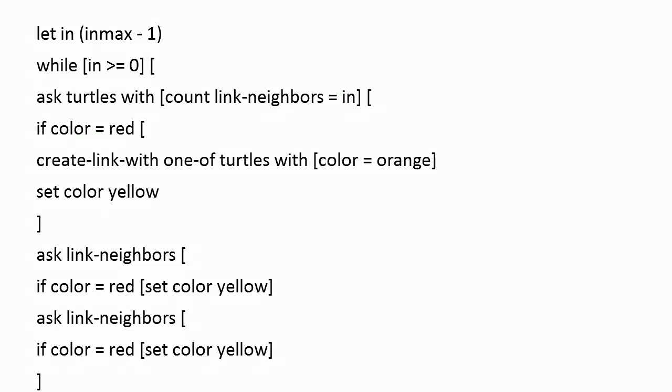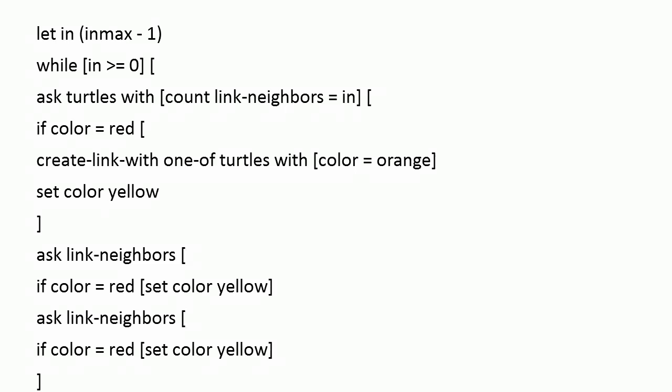Finally, we set in. That's another local variable. Let in be in max minus 1. So we start walking our way down to smaller numbers of sizes of nodes. And while that number is greater than 0, we then ask the turtles with that number of neighbors, which is smaller than the largest clique that we found earlier, if its color is red, meaning we haven't already found it somehow in our previous process,